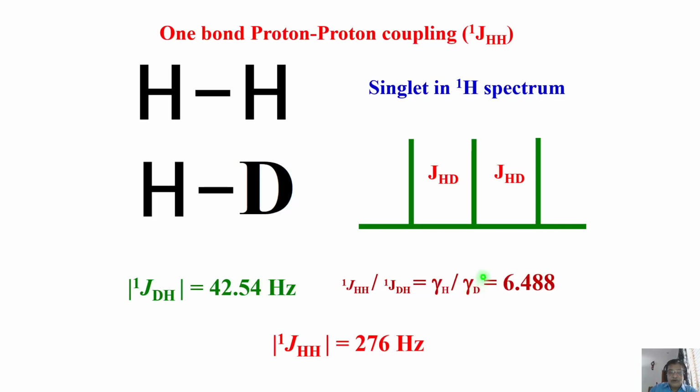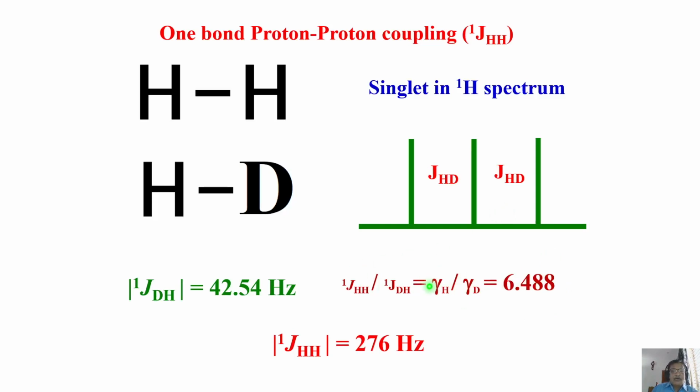Remember, I told you also, the gamma of deuterium is 6.42 times smaller. I was explaining to you the table of NMR active nuclei with their properties, in the first or second class, or one of the classes. I told you the gamma of deuterium is 6.48, whatever it is. In some books they give 6.4 or 6.484, it doesn't matter. You can get the approximate and exact values from one of the good books. So this gamma is different from that of proton by this amount; it is smaller by this amount.